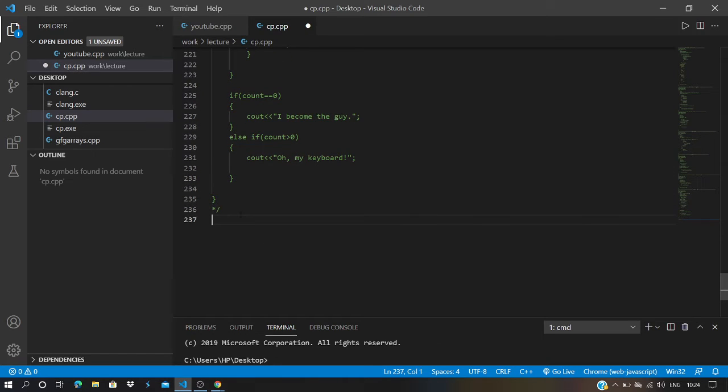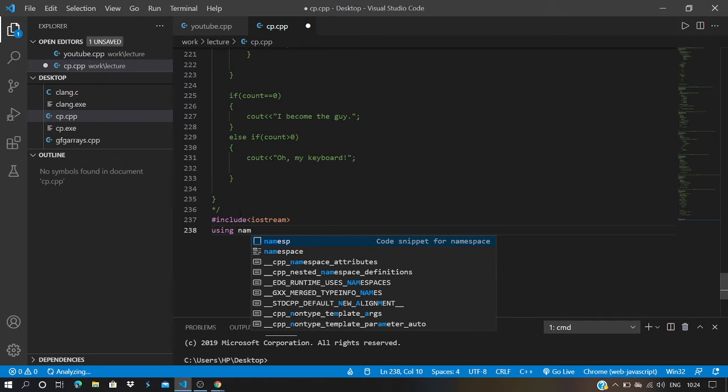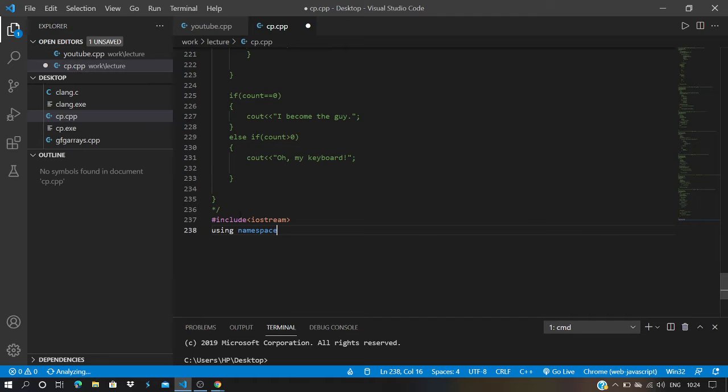Okay, so include the header file. I'm just doing it in C++. iostream. All right, using namespace std. This is the basic stuff you do in every code, right?